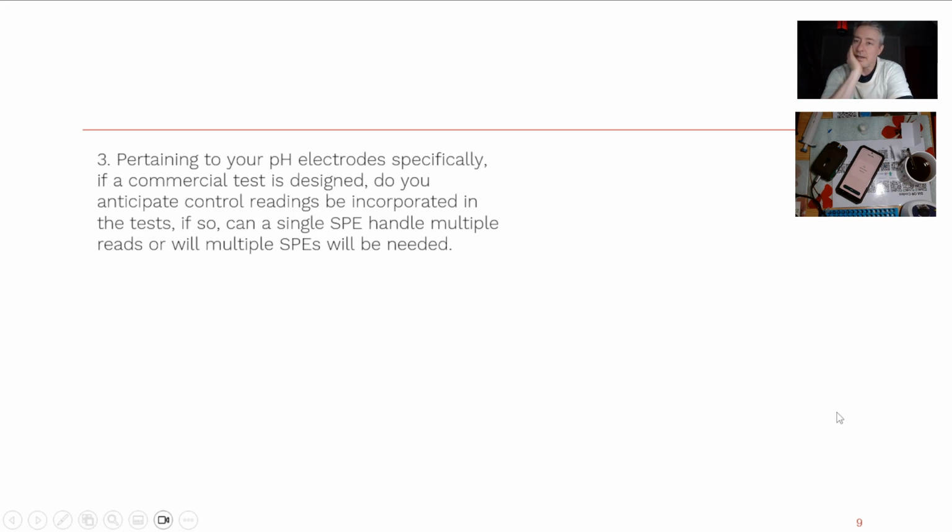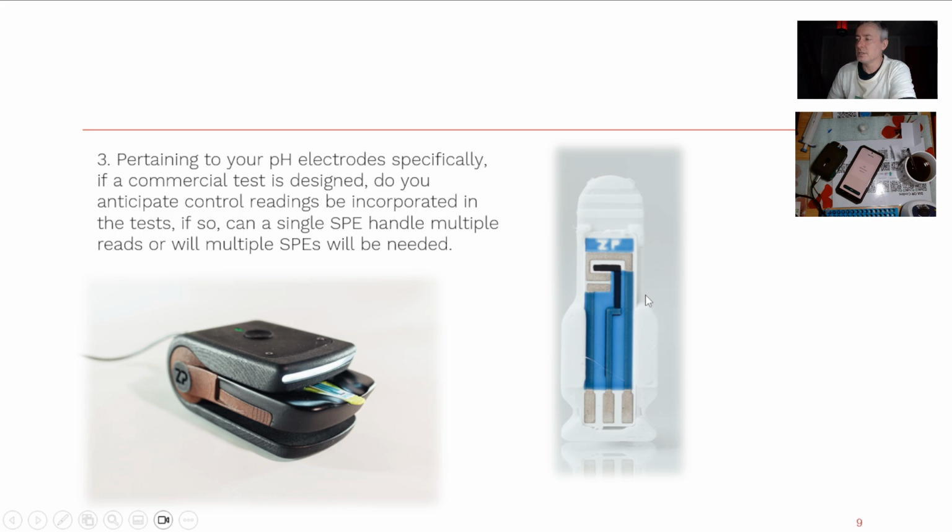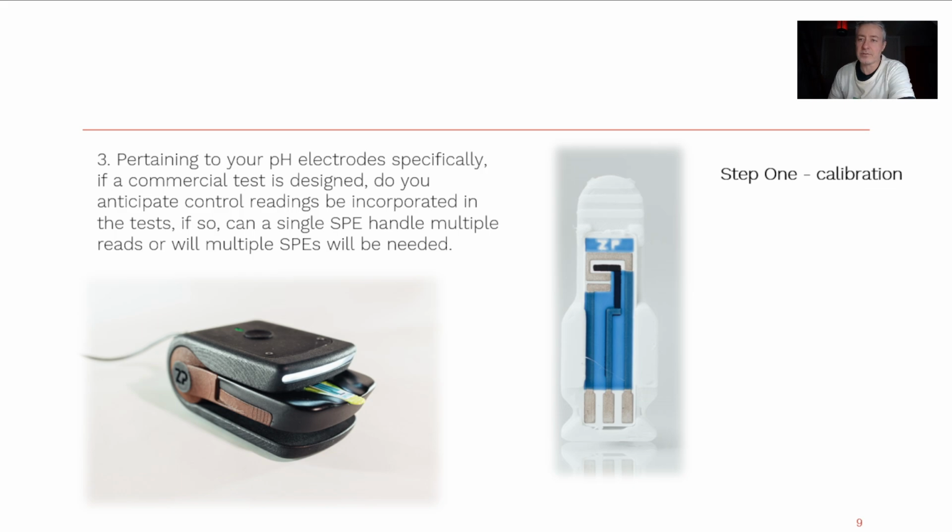Same questioner, slightly different question. I'm trying to understand their question, but I think they may be asking, can we do several steps on a particular screen printed electrode? For example, step one might be calibration. We have developed assays like this, where you put a known solution on the screen printed electrode and calibrate, then we pipette off that solution and put a test solution on there. I was saying earlier that I don't reuse screen printed electrodes, but if an assay requires